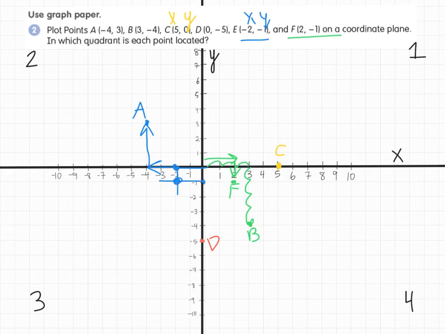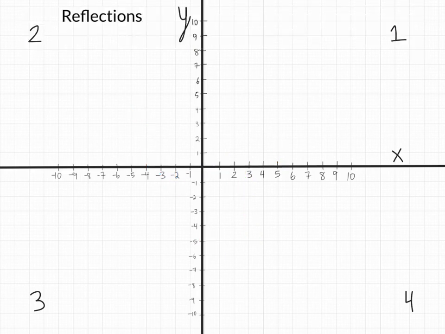We have one more thing to talk about today, and that is reflections. If I have a point, let's put it here. This is going to be what point? What, comma, what? Remember, it always has to be x and then y. The x is 4 and the y is 3. So if I have this point here, 4, 3, if I'm going to do a reflection of this point, imagine